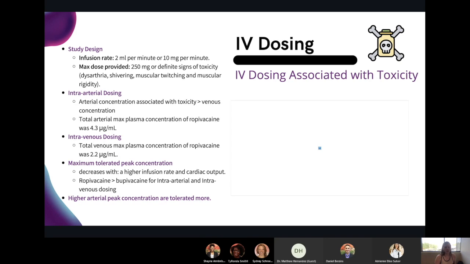So the maximum tolerated peak concentration decreases with the higher infusion rate and cardiac output. And you can see that injecting intraarterially is actually, I guess, safer than injecting intravenously, depending on where you are injecting. So